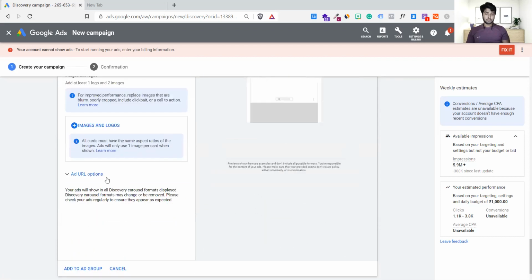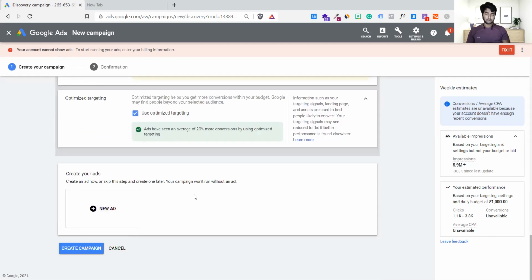Wait, let me just show how much difference there is between display ad and discovery ad. See, under display, you have just display. But in discovery, it takes authority to start spreading your particular business to every place wherever possible, like display campaigns, YouTube, and Gmail. That is why it is called discovery. The name is discovery because these are places where people are not searching, but we are showing it. You're getting it? This is why it is discovery. It is something that people don't know about. In Facebook, we see all the advertisements, that is also discovery, right?